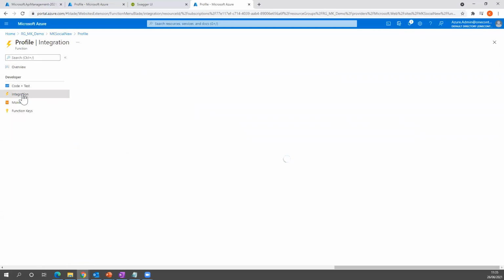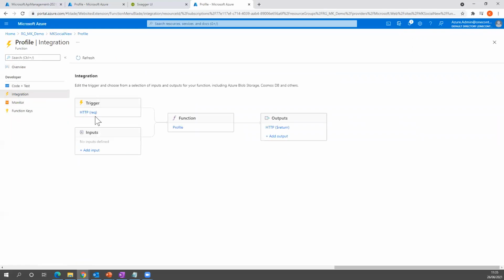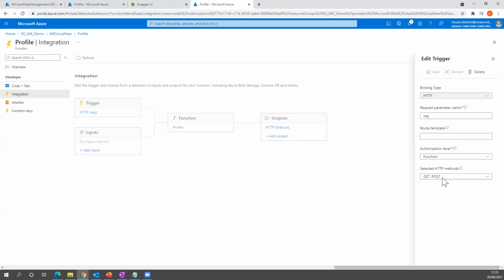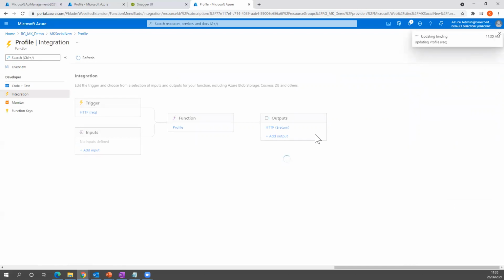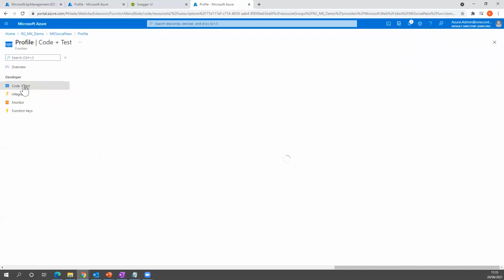Integrations. On this integration, HTTP trigger, I select. Here you can see currently it is only published GET and POST. If I want to include additional ones like DELETE, PATCH, PUT, I select them and save. Refresh. Going back to